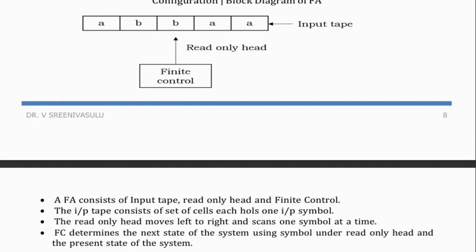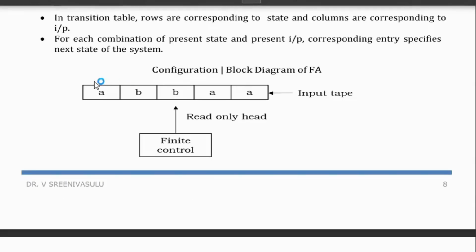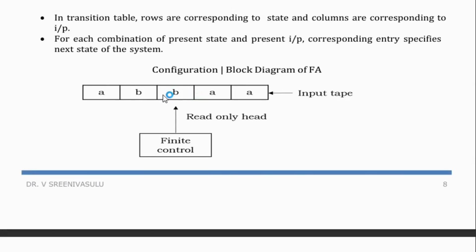So the input tape consists of a set of cells, each holding one input symbol. Meaning, the input tape is divided into square boxes, and each square consists of a single symbol. If you consider this one square box, it has some symbol. Similarly, here we have some symbol, and here we have some symbol. Each square contains only one single symbol, and the n squares of each tape contain n